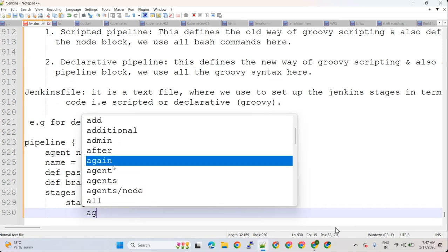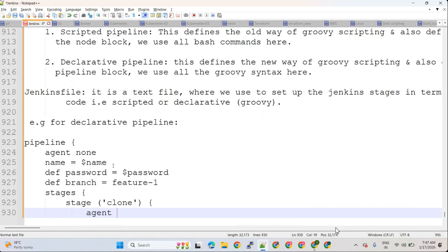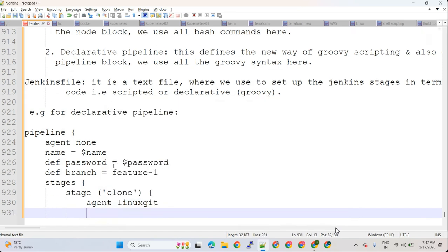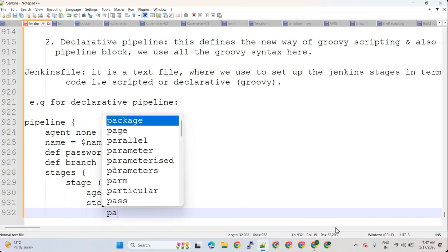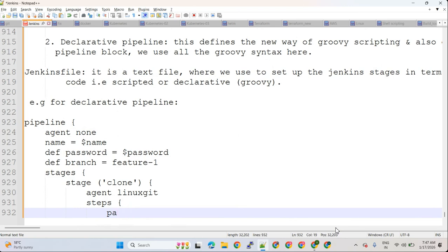Under stage there is an agent as linux git. Soon after that there is steps, open a brace, again one more brace. Under steps we provide the steps to execute as parameter, we also call it param,